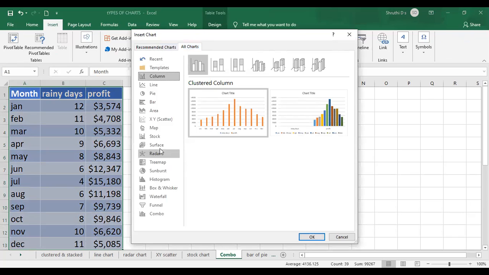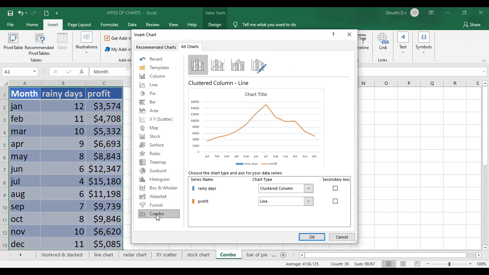Same procedure. Now once I select the combo chart, as you can see here, the blue line will not appear, because the rainy days column has a lower value than the profit value. So now the orange color is representing my line chart, and the rainy days, the blue line, is not appearing here. I'll show you directly.